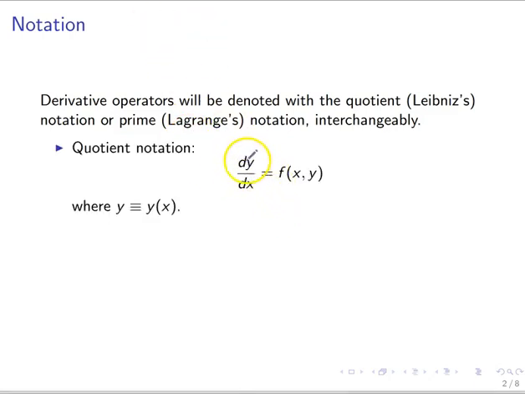operator. The quotient is convenient, at least in my opinion, in the sense that when we use this notation, we always use this letter D, and in the denominator of this quotient, we always specify the variable we are differentiating with respect to. By writing dy dx, we are assuming that y is a function of the variable x. Okay, this right hand side here, f of x comma, don't worry about that. That's something like a placeholder for now. We're simply referring to the notation. So this quotient notation, also named after Leibniz, is convenient to specify exactly what the variable